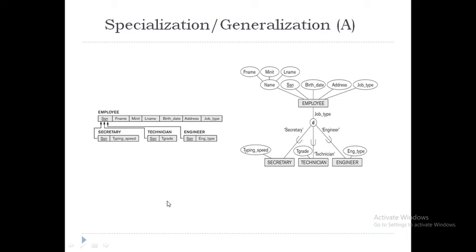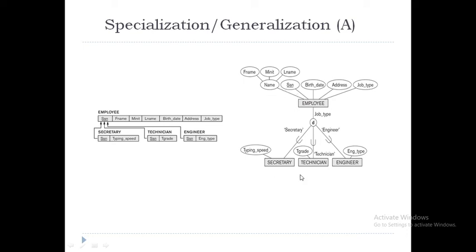Now if we go for multiple relations for superclass and subclass, then first you create a relation for employee, which will include the simple attributes of this, like F name, initial, last name, SSN, birth date, address and job type, and SSN is the primary key.